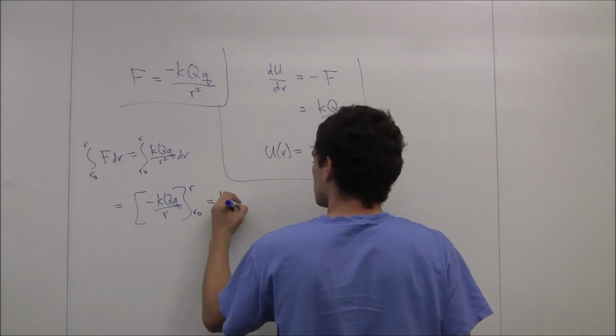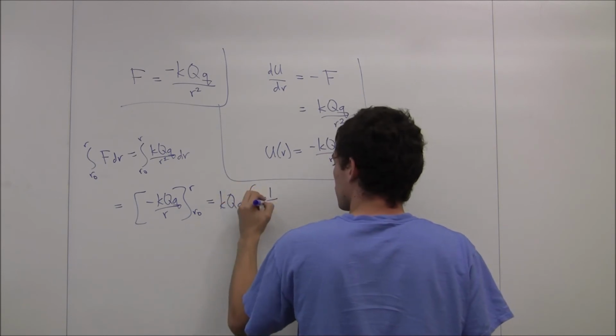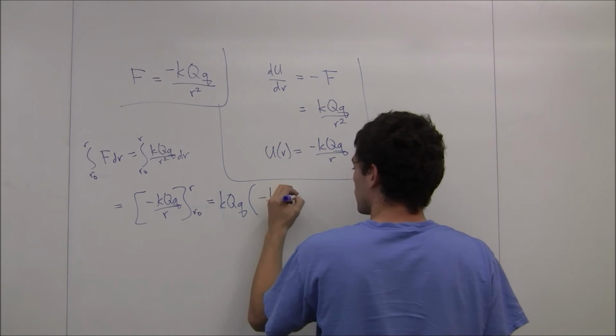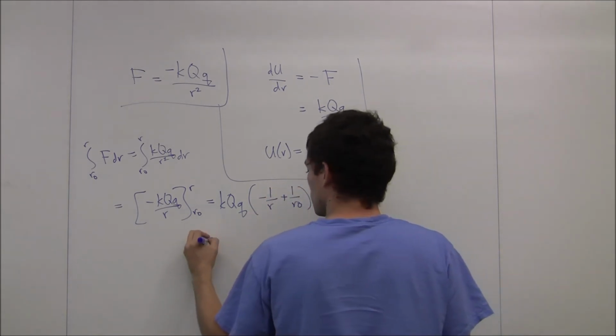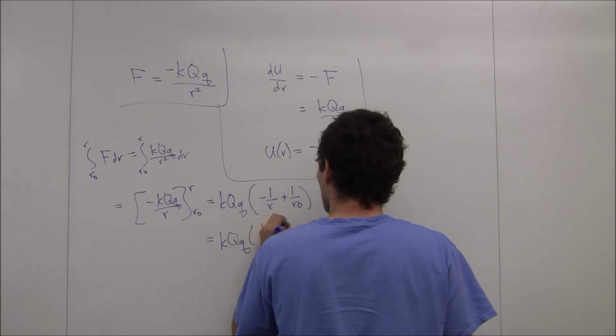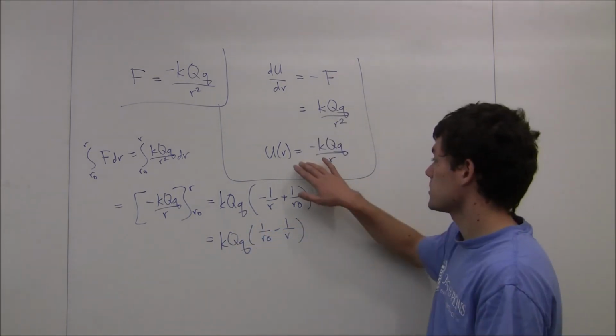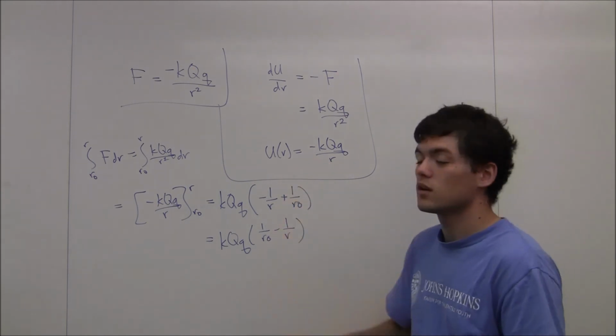kQq times minus 1 over r plus 1 over r naught, or kQq times 1 over r naught minus 1 over r. And this is going to be exactly the change in potential energy, the change of this function from r naught